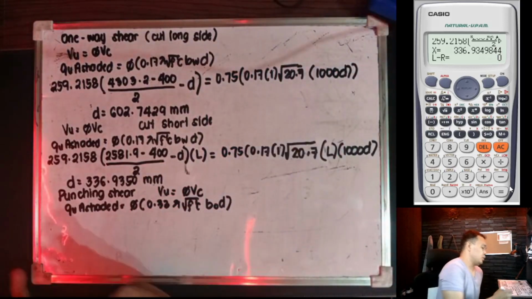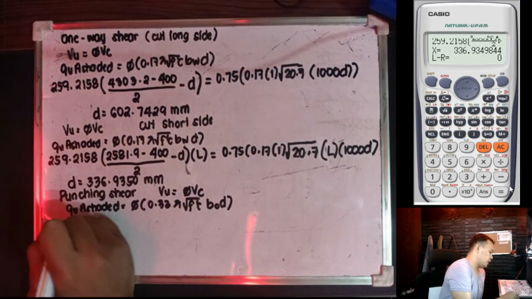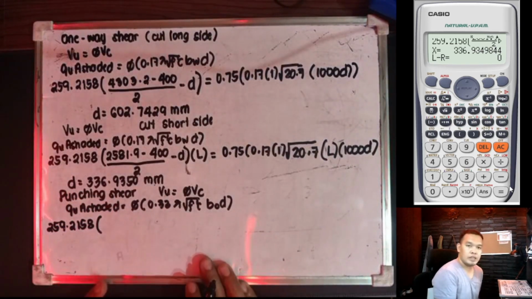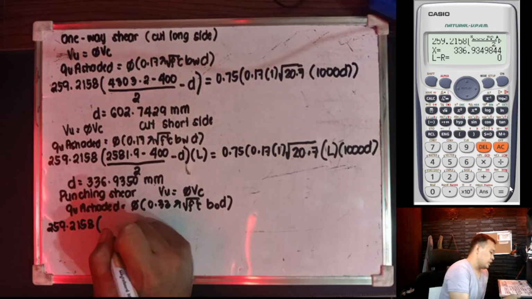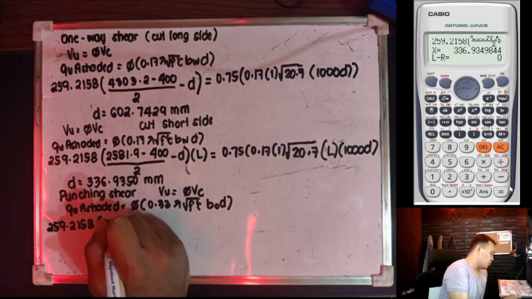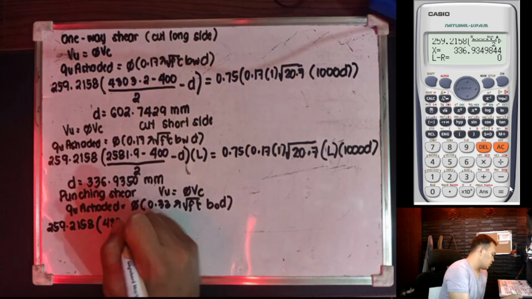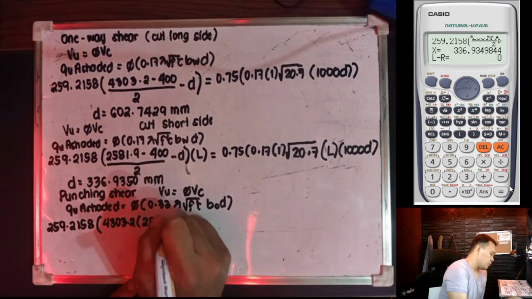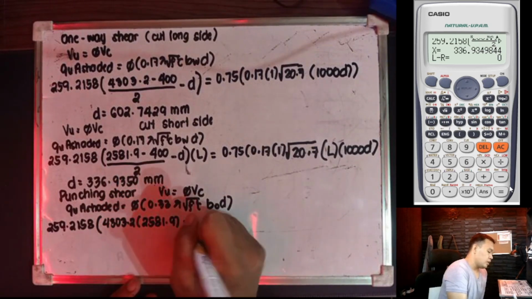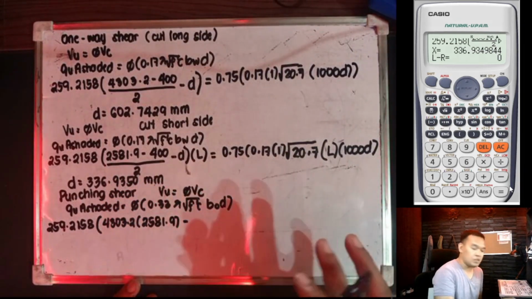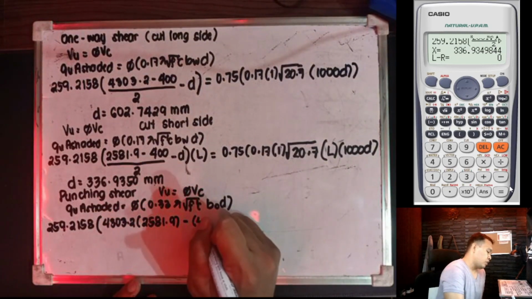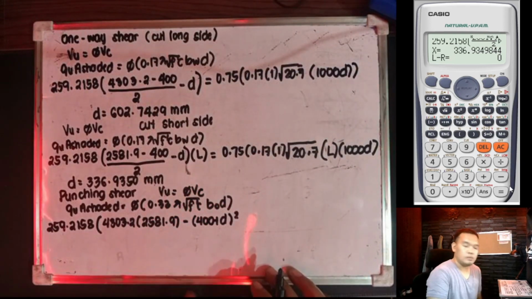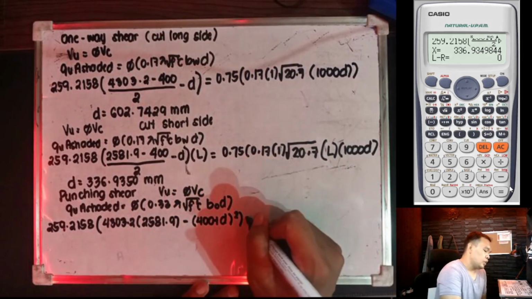We have here QU, which is equivalent to 259.2158 multiplied by the area shaded. The area shaded is equivalent to the dimension of the footing, the whole, 4303.2 multiplied by 2581.9 minus the area of the punch, which is equivalent to (400 plus D) squared. Okay? Equals